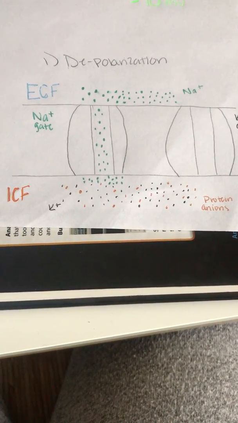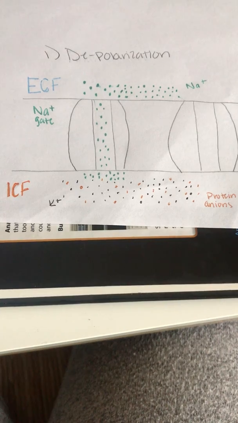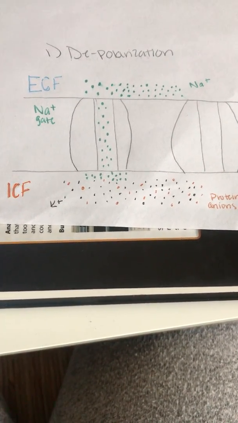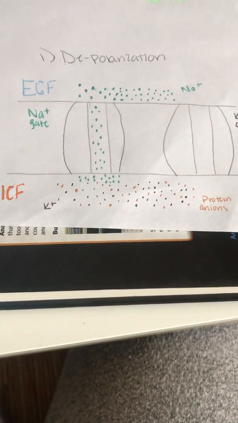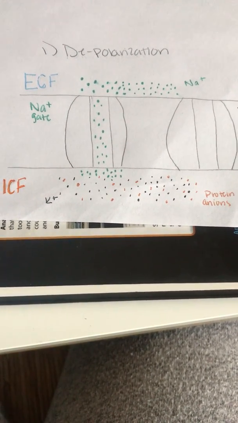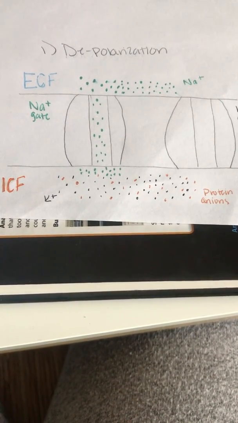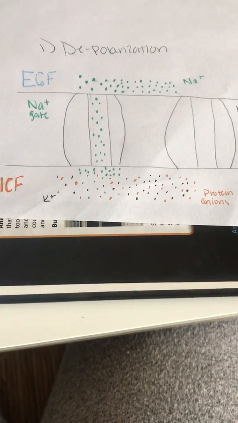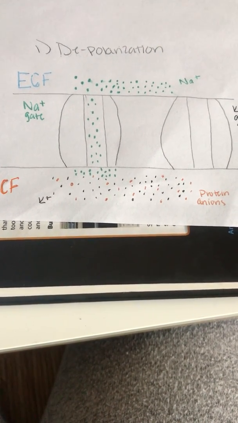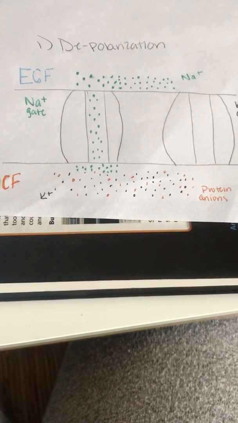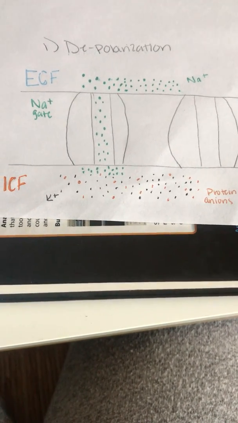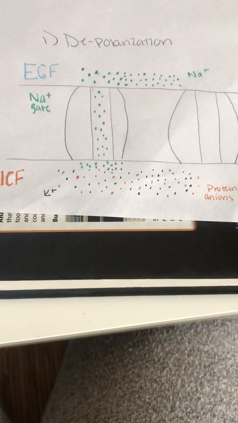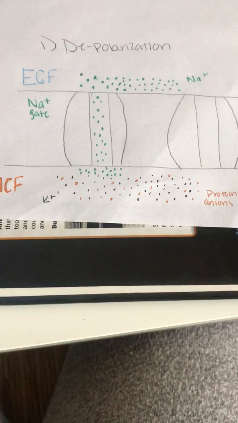Once the threshold is reached, the abundant sodium gates in the membrane of the hillock open rapidly, and sodium ions from the ECF diffuse into the ICF. This causes the membrane potential to undergo rapid depolarization that will see the value of the ICF go from negative 55 millivolts through 0 millivolts and then up to positive 35 millivolts. And then at positive 35 millivolts, which is the peak value of the action potential, the sodium gates will close,